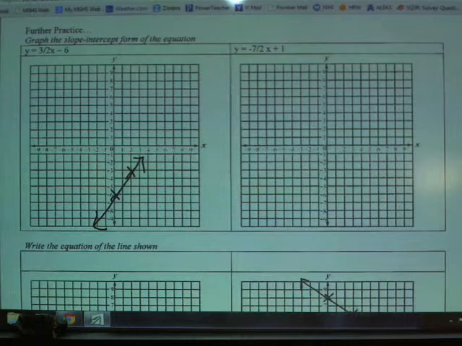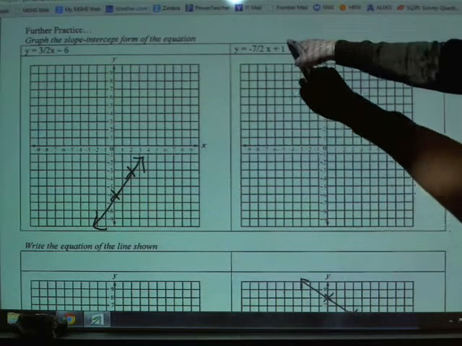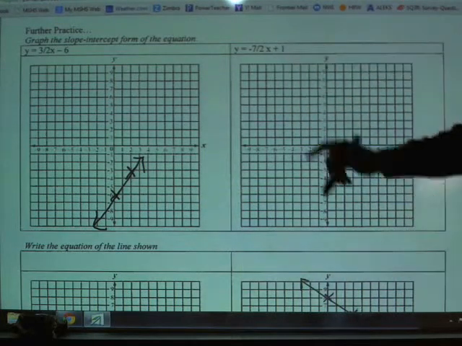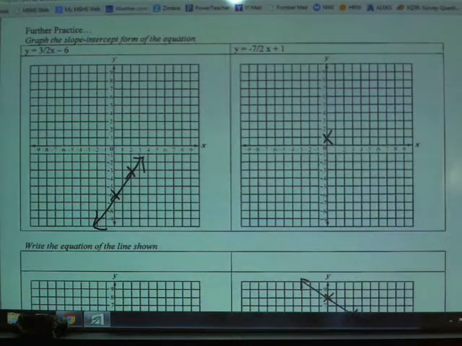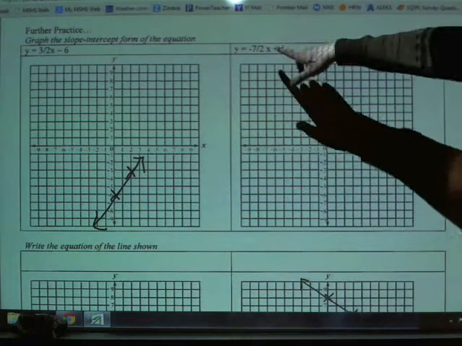On the right side there, I've got y equals -7/2 x plus 1. So again, I'm going to go ahead and start and plot the b number. Now at the end here, it says plus 1. So I'm going to put a dot on the y-axis at 1. Then I'm going to go ahead and look at my slope. My slope here is